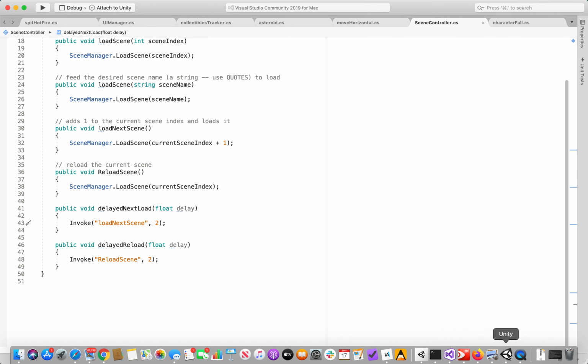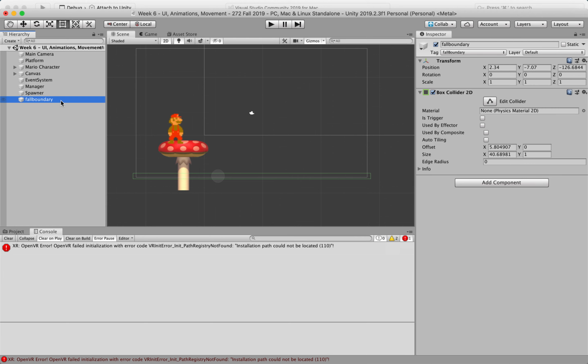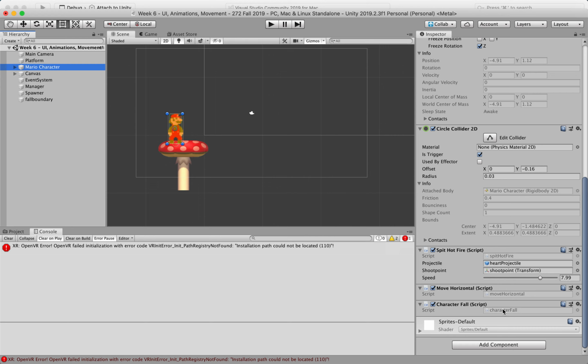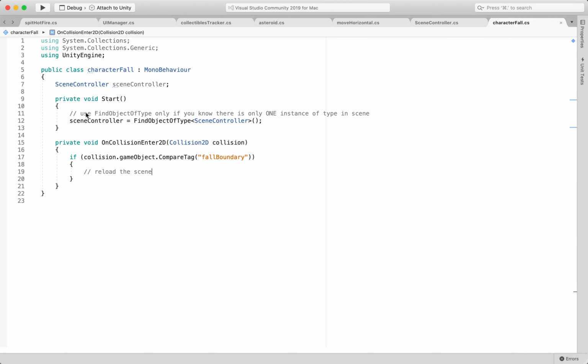Cool. So let's look at what I have here. I have this thing that I've called FallBoundary, and I have a Box Collider 2D created here, and I've given it a tag of FallBoundary here. And on my Mario character, I have this simple script called CharacterFall, and all it does is